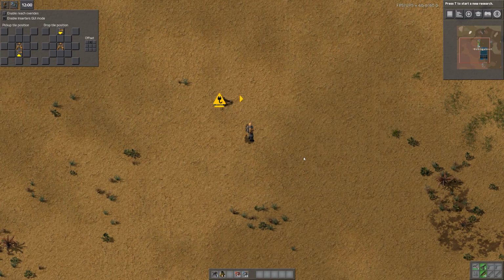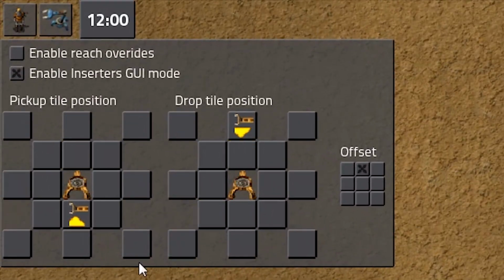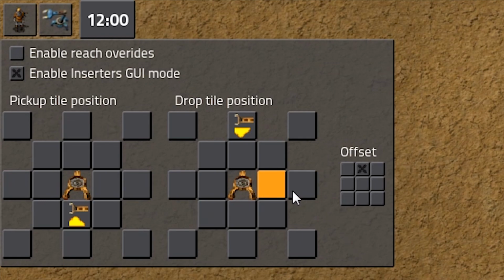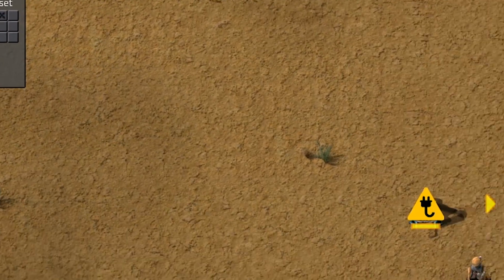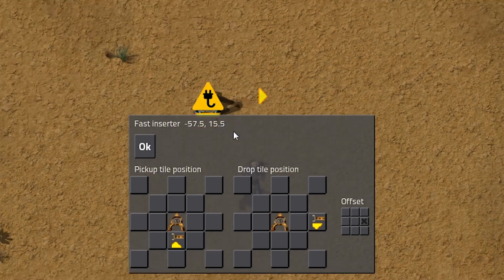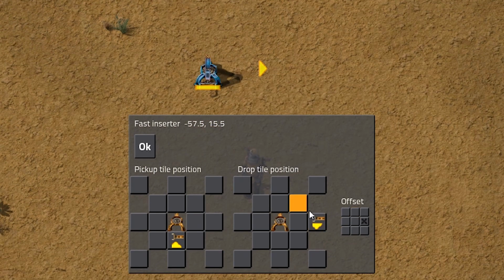Okay. Now that I've got More Inserters researched, you should notice that this configuration map has changed. There's even more positions that you can choose from. Basically, not only do we have 90 degrees right angled options, we also have 45 degrees diagonal options to choose from. So if I go back to this inserter that's already placed and I move to one of these other